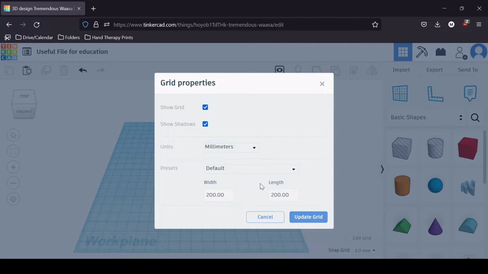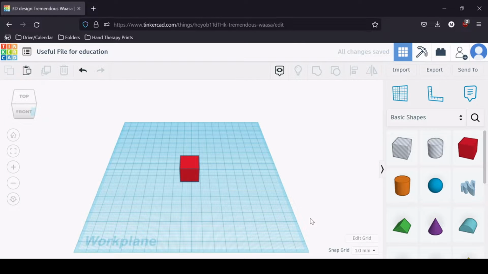I personally recommend using millimeters. Get in the habit of it just because I find it to be a little bit more accurate to read if I'm using a caliper or something in real life to measure an actual thing if I'm trying to replicate it. So with that, now that I have my cube on the middle of the grid here,